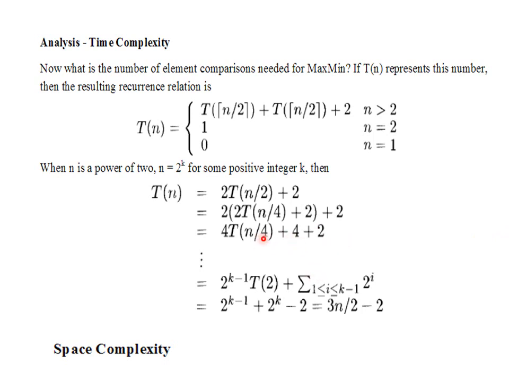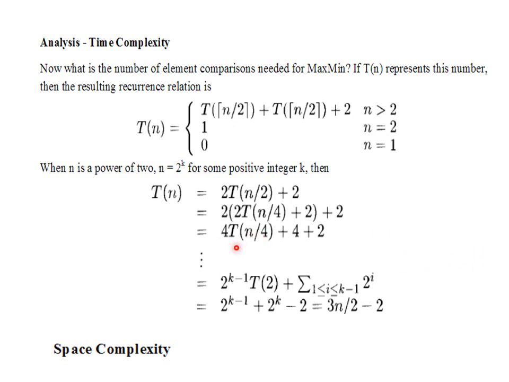We have the problem that when n is equal to 2, there is only one comparison. We should get this value 1. If it is 0, we cannot solve it. So to get the value 1, what we are doing is this: we will continue here and we can write 2 to the power k minus 1 t of n divided by 2 to the power k minus 1 plus 2 to the power k minus 1 plus 2 to the power k minus 2 and till 2 to the power 2 plus 2 to the power 1, right?